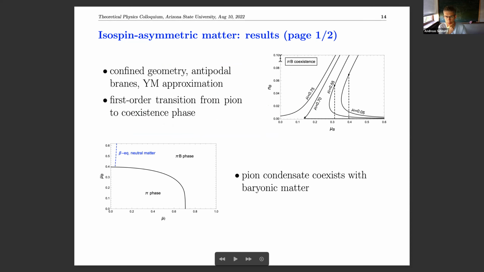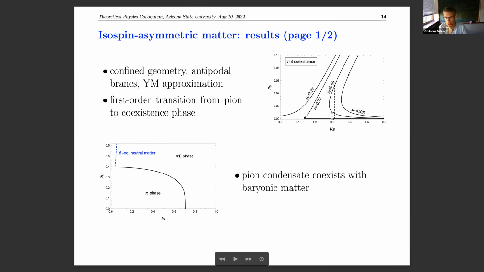So what I can do is, for example, let's look at this upper plot here. I can plot the baryon density as a function of baryon chemical potential. Let's look at this curve here. That's small mu I. Let's pretend that's 0 mu I. So what I find is some first order phase transition, right? I move along in the vacuum or in the pion condensed phase, but you can think of this as a vacuum if you wish. And then there's an onset, a first order onset, as we know in symmetric nuclear matter, to the baryon phase. And this changes if I change mu I and we get these solutions.